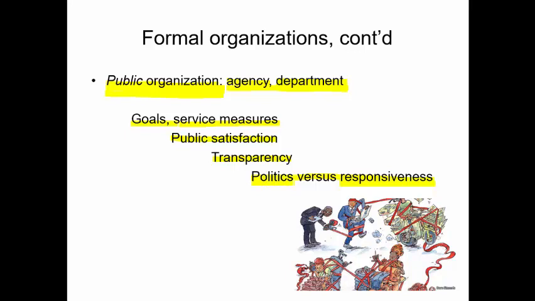Because every 4 years, particularly in the federal government, you probably will have a completely different boss at the top of your agency. But you, as a street level bureaucrat, whether you're an inspector or a soldier or a police officer or a teacher, you still have to provide that service. So as you can see, the public organizations are dealing with some very much more complicated measures and goals than a private organization may necessarily have to deal with as far as measuring their success.